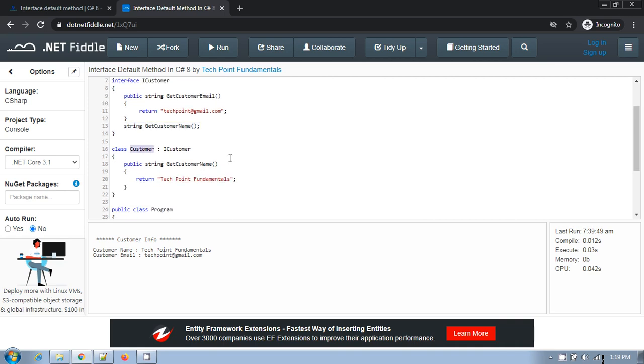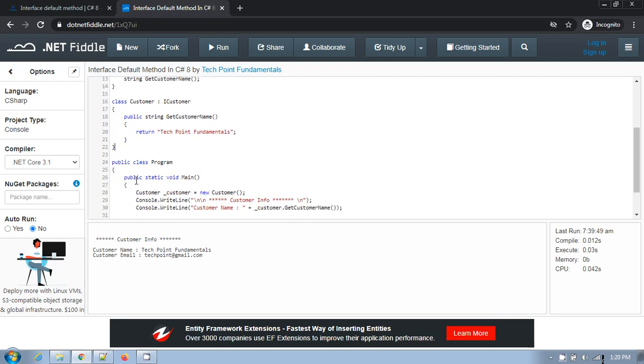I have also created a class Customer which implements the ICustomer interface. In this Customer class I have implemented get customer name, which simply returns the name of the customer.